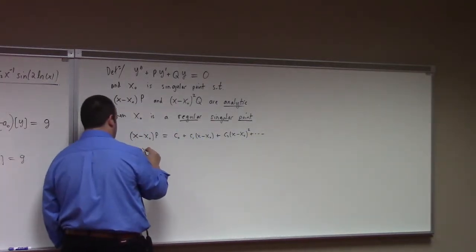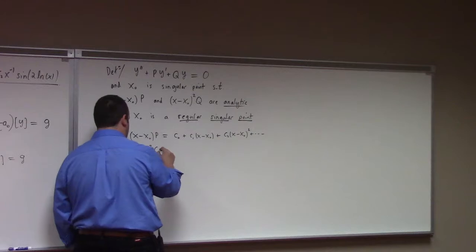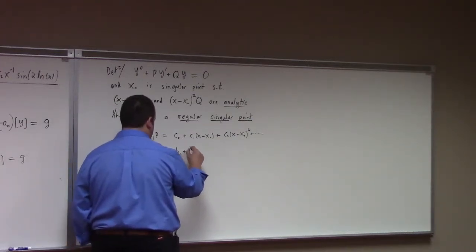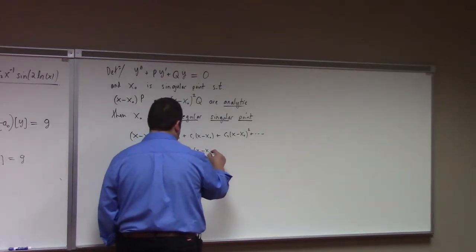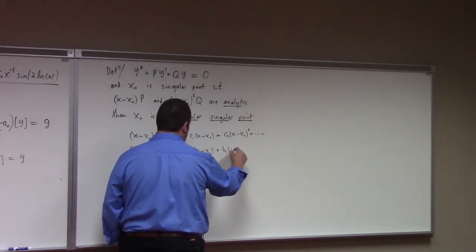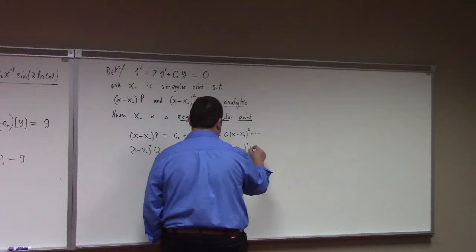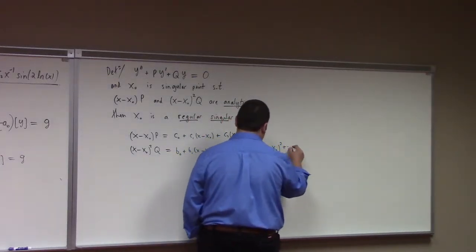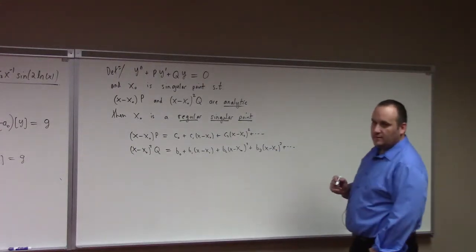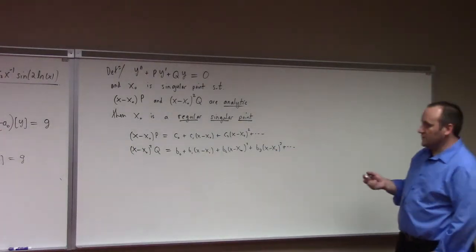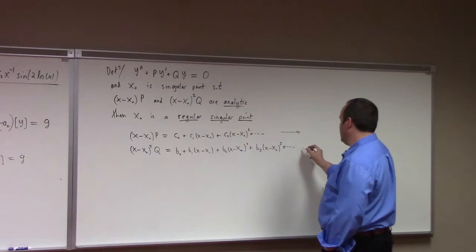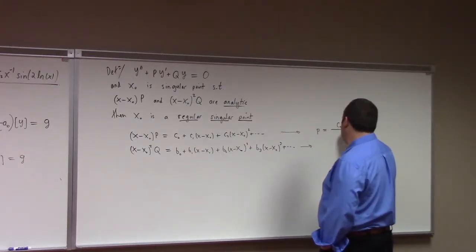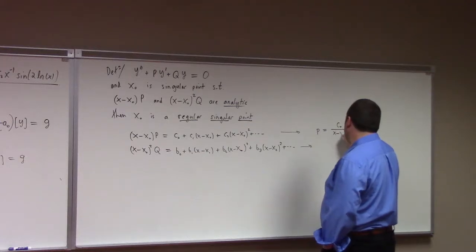And x minus x naught squared times q is something like b naught plus b1 x minus x naught plus b2 x minus x naught squared plus b3 x minus x naught cubed. So what does that say about p and q? There's some kind of formula for them. It looks like p is something like c naught over x minus x naught